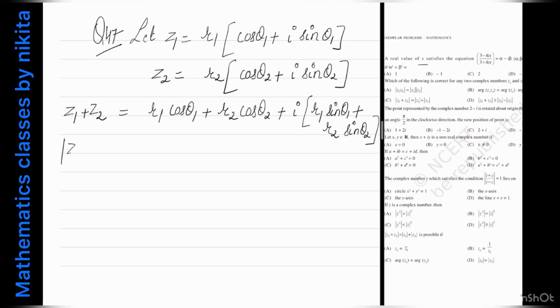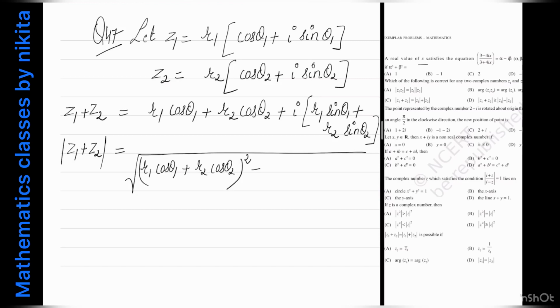Now what is mod of z1 plus z2? So this will be equal to under the root (r1 cos theta 1 plus r2 cos theta 2) whole square, then plus (r1 sin theta 1 plus r2 sin theta 2) whole square. Okay, and this will be equal to